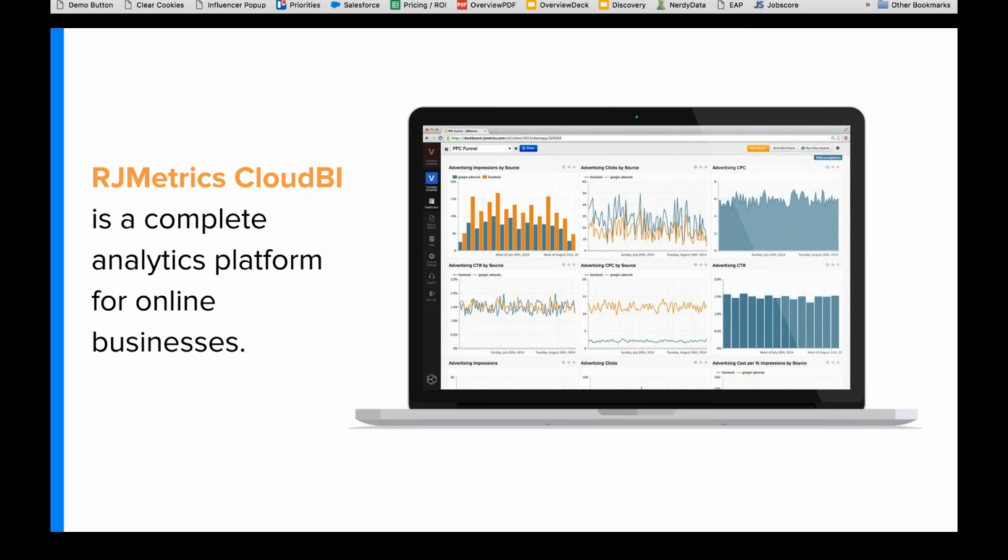And some of the most interesting questions involve data from combining a lot of those tools. So what Cloud BI does is it integrates with over 30 different data sources. It also accepts spreadsheets and CSV files, and you can send any data you want to our API. So it can really take any data. And then it consolidates that data, loads it into a data warehouse, runs a bunch of transformations on it, and